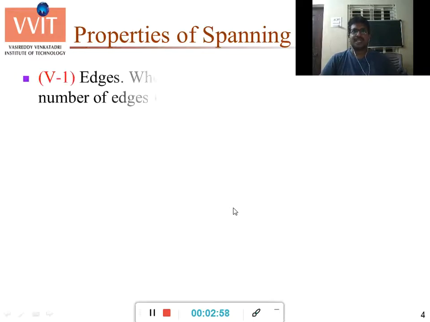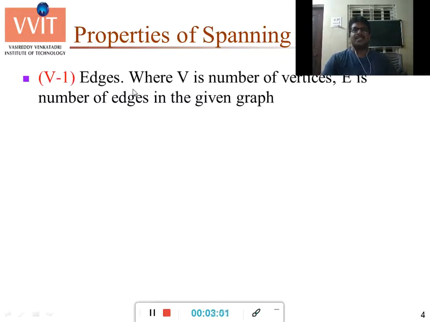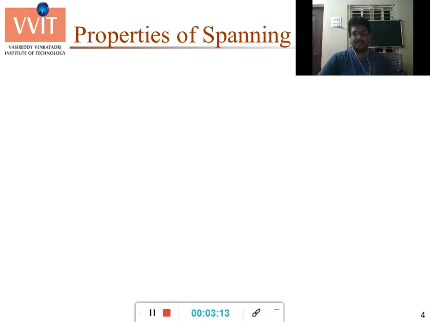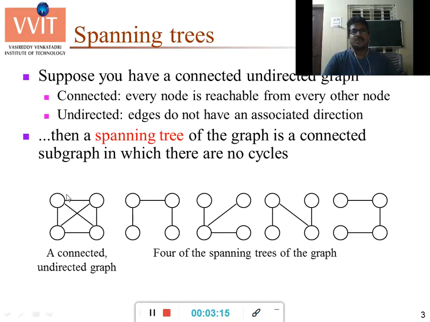Now the properties of spanning trees. Let us take V as the number of vertices, then there should be V minus 1 edges for a given graph. Go to the previous slide, and here there are 4 vertices. So how many edges should be there?